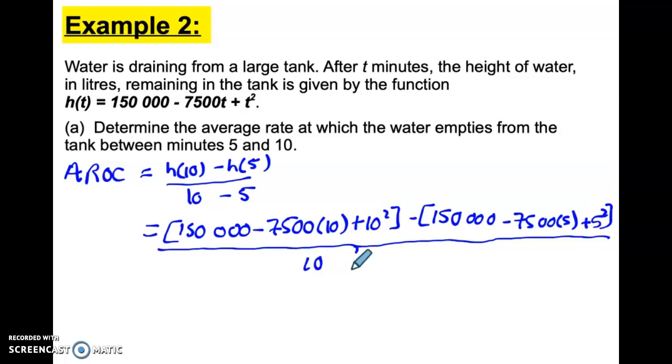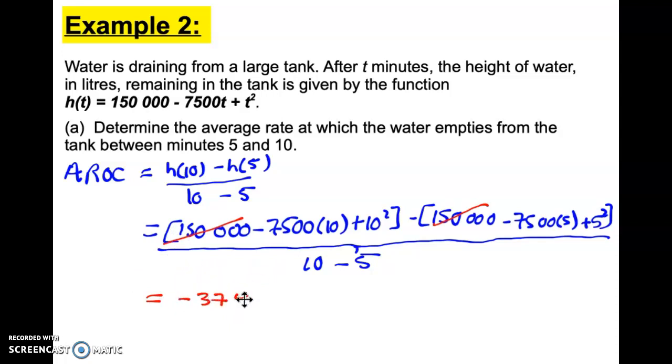And on the bottom, we still have 10 minus 5, which we could also just simplify to 5. And now you're working this out in your calculator. Before doing that, you can simplify it a little bit, right? We have 150,000, and then we're going to be subtracting 150,000. We know those are going to cancel out. But really, you're just typing this into a calculator, and you will end up with